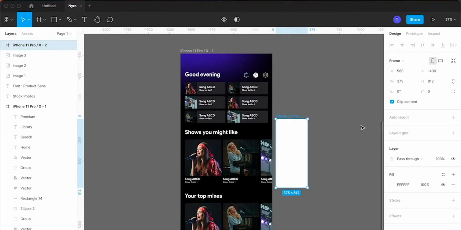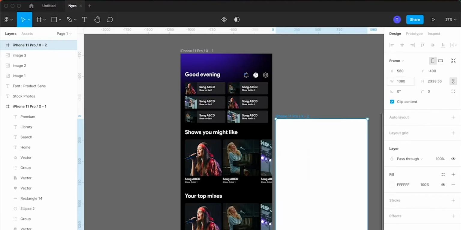Please note that the dimension of the screen is 375 into 812, and this is not gonna be a good option if you are going to pixel-peep. To make it usable, we have to make it at least Full HD, or in other words 1080p. For doing so, we first need to enable this constraint proportions button. If you enable this button, the dimension will change in constant proportions. Now let's make the width of the screen as 1080p. Thus, as you can see, the screen is now enlarged in a constant proportion.